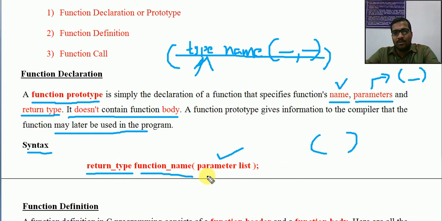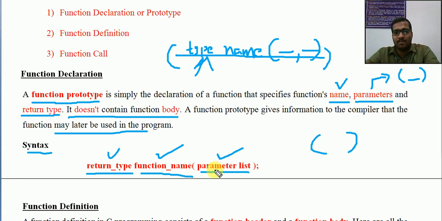Normally while giving the declaration, here we are giving the parameters, what type of values it is expecting. So we are giving information to the compiler. It should give what the return type is. It should give what the name of the function is. It should give what type of values this function may pass.